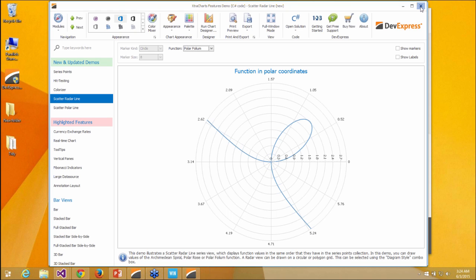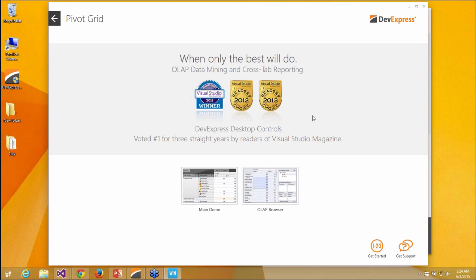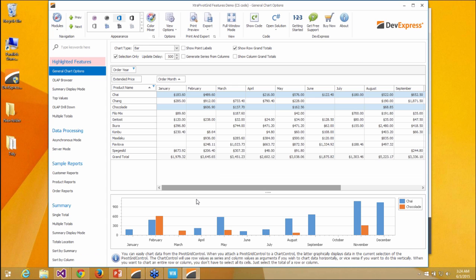Let's skip forth to the pivot grid. Now, the pivot grid has had a brand new Excel export engine. I have to be careful how I say that. It sounds like I'm stuttering. But just the same as our grid controls, the pivot grid now has the ability of exporting Excel style data